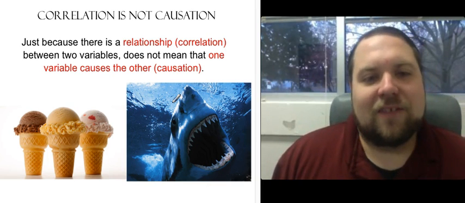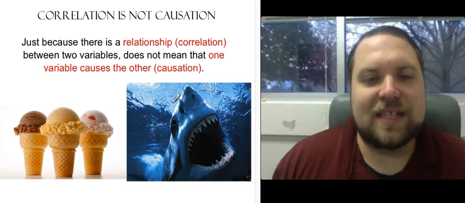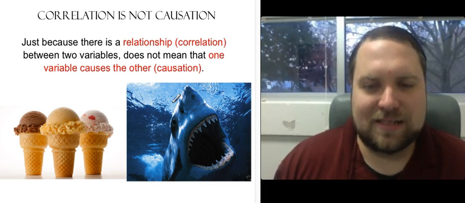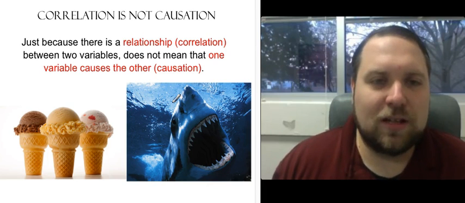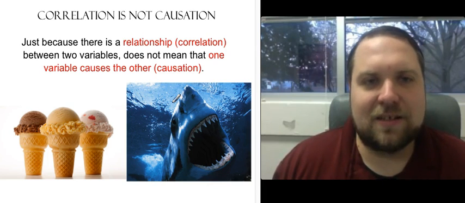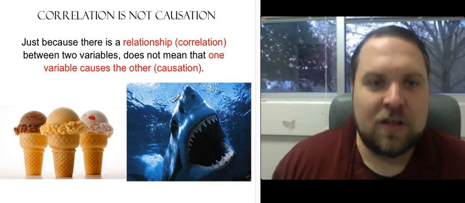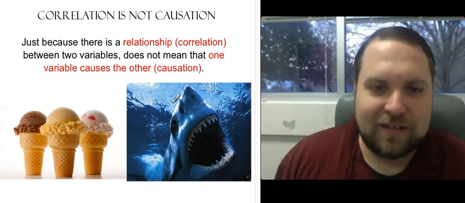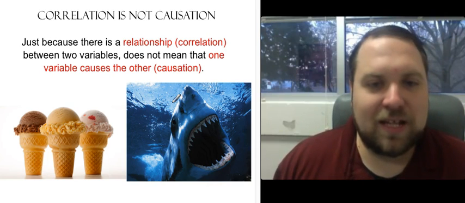Now, one thing you have to be extremely careful of, and I cannot stress enough, is that just because there is a relationship between two variables does not mean that one causes the other. And so the way this is said is that correlation is not causation. Correlation is a relationship between two variables. Causation means that one variable causes the other. And I'll give you 3 examples of this